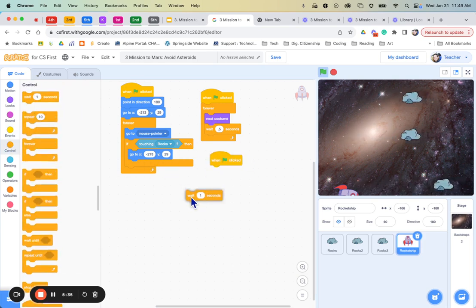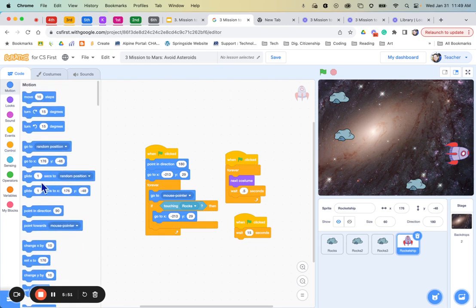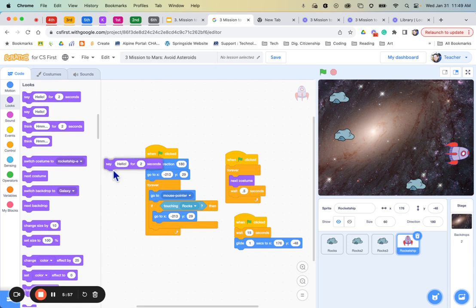Let's play the game for 15 seconds. Wait 15 seconds, then I'm going to drag in stop. I'm going to drag it over here somewhere. I'm going to tell it to go, making sure it's not touching. I'm going to say glide to that position, and then say something like,